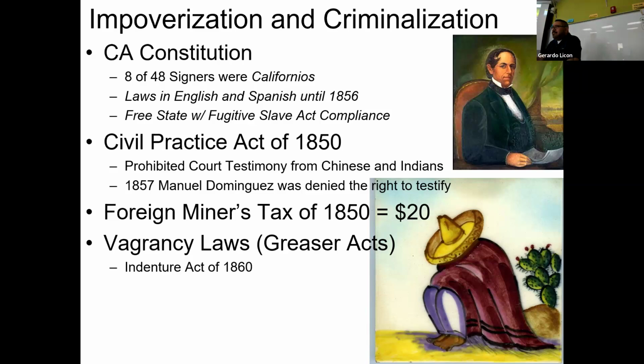So they would stop working on Friday. They get paid with hard liquor. They drink the hard liquor. They'd be seen in public drunk, get arrested again, and put back to work on Monday again. And so it was kind of a loophole to get free labor and not call it slavery.